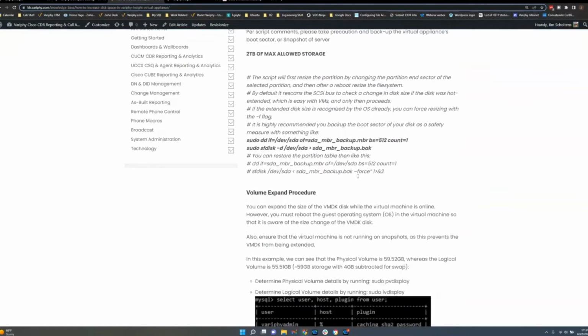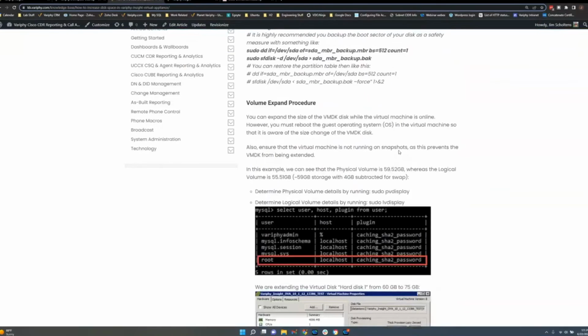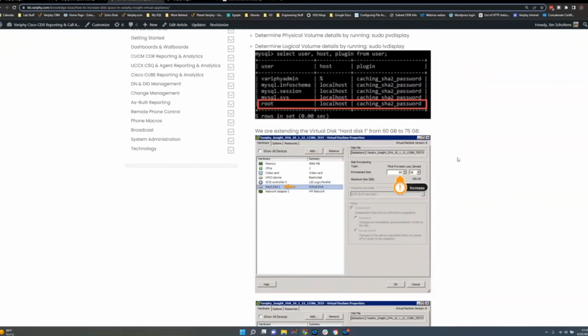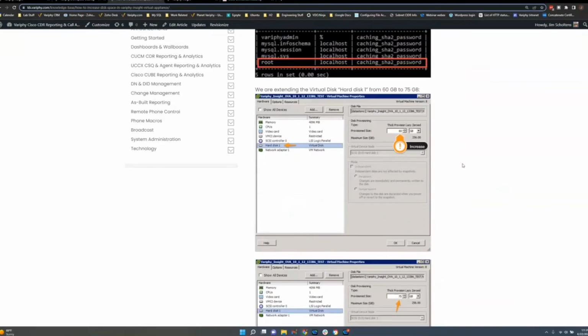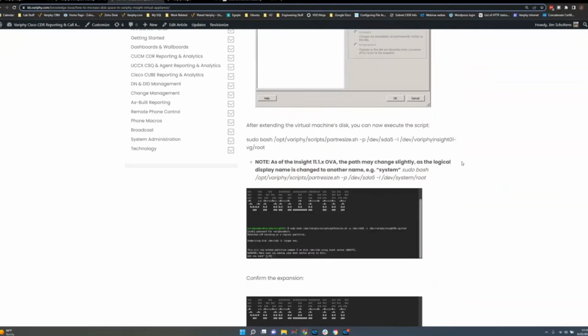We do highly recommend you take a snapshot after adding that space and before running the script. If you scroll on down, there's some commands you could do to check, but we've already checked. We know we're low on space. We know we want to add drive space. So add your drive space in the VM through VMware or whatever you're using, and then take that snapshot and focus on this script here.